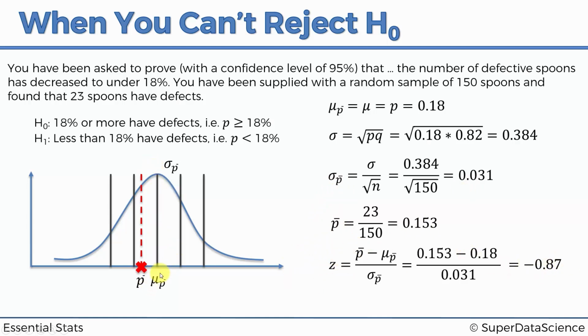So that means here we've got mu P hat, and P hat is sitting only under one standard deviation away from mu P hat. And in terms of our proof, that's actually a bad thing. That means that we will not be able to reject the null hypothesis because, as we know, if you're sitting inside one standard deviation, 68% of observations fall inside the first standard deviation this way and this way, total 68%. And so there's no way you're going to reject a null hypothesis with 95% confidence if you're sitting in here. You can do that if you're sitting in the tails, because we know that